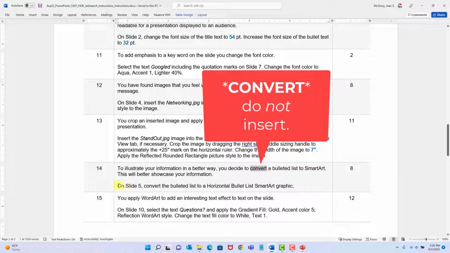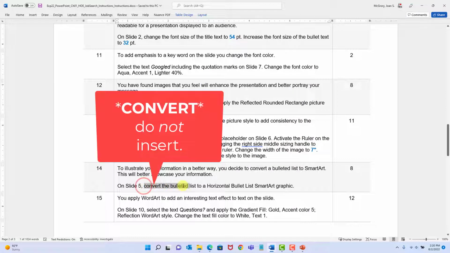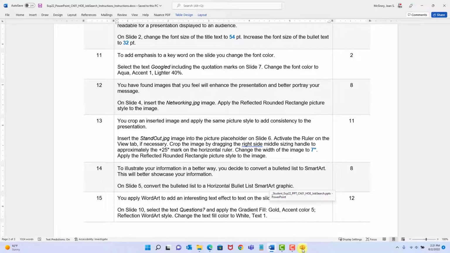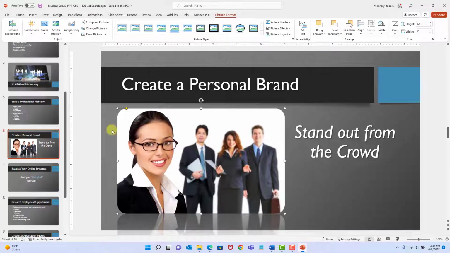So notice it says on slide 5, so we go to slide 5, convert the bulleted list, not insert. Convert. It is different. You will end up with grossly different results. Largely a blank bulleted list that sometimes you'll try to type things into, and the grader will then mark it wrong because you didn't convert it, right? So pay attention to that key word, and we're going to do it together. Let's just go over to PowerPoint. They told us to go to slide 5,